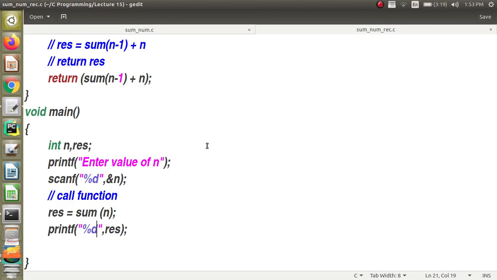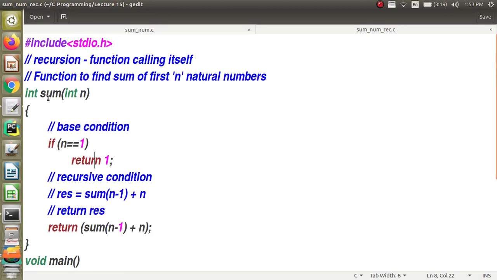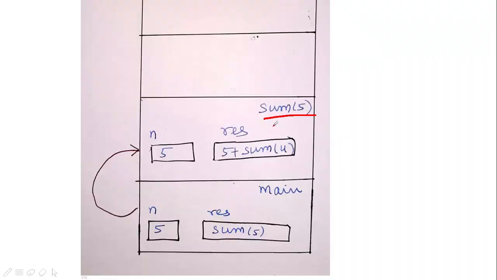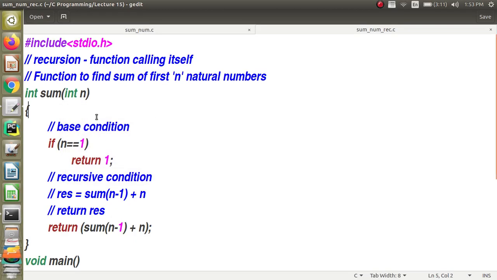Now, when you look at the function sum, there is a variable n in this. This n is a parameter. The parameter also will get memory allocated in the space of the function only. So here n is 5, and the value of 5 is copied from here to here. And here I have a variable res.